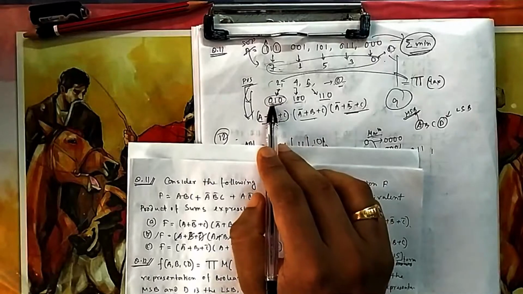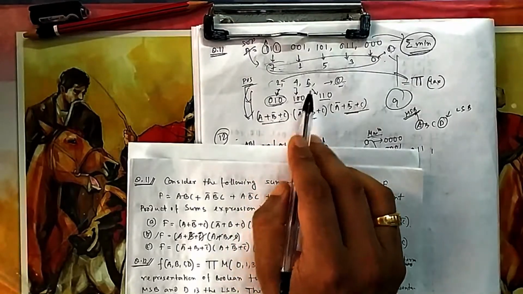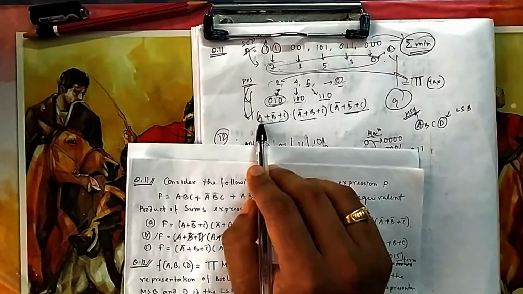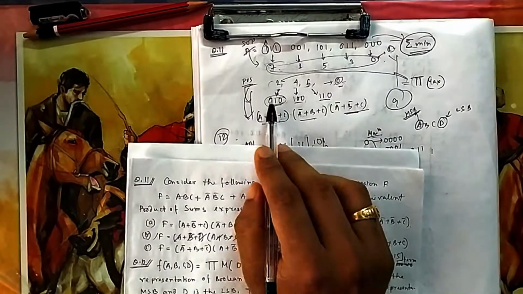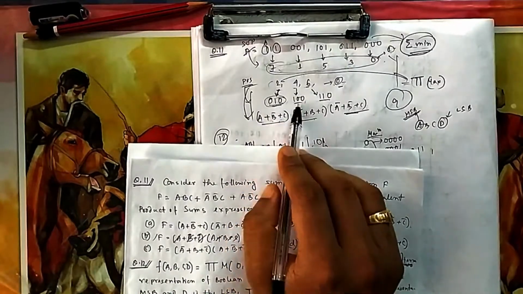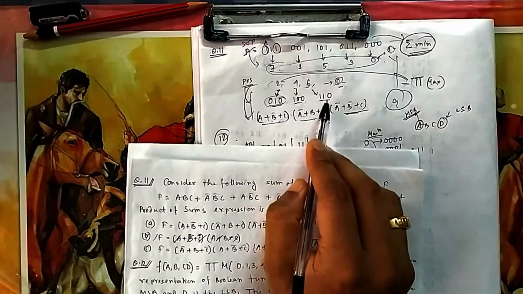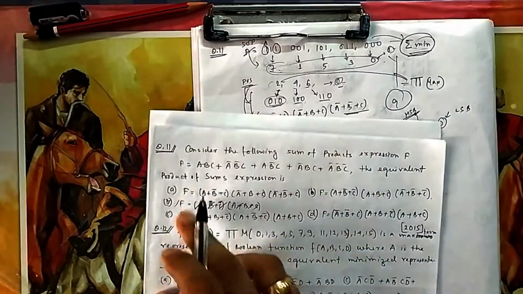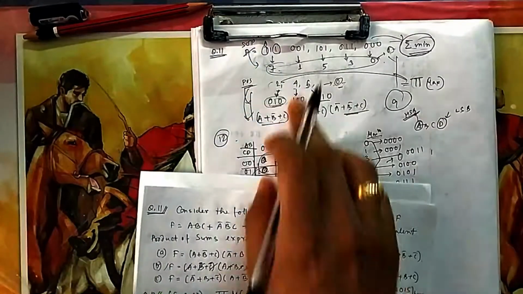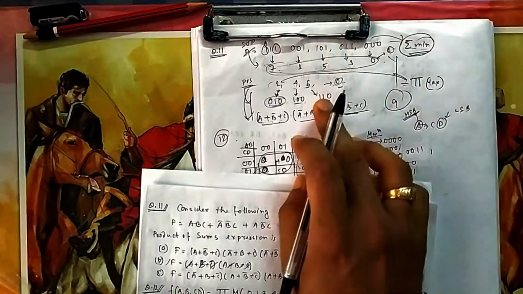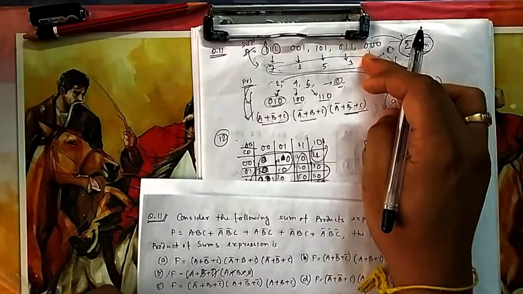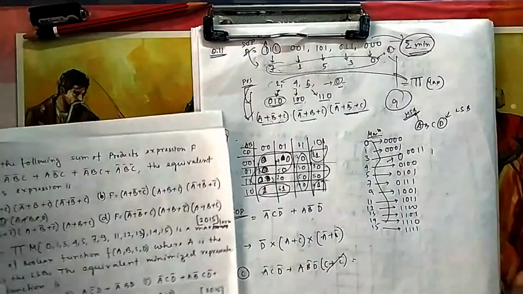So how do we write them in binary? 2 is 0 1 0, 4 is 1 0 0, 6 is 1 1 0. These will be written as A, B bar, then C, because it is in POS. So 0 is your normal and 1 is bar. So it is A bar B C, and it is A bar B bar C. That is your option A. So this is the way to convert from SOP to POS. You write all the states and then you go for the missing states, which states you are missing. Either way, if this is given, then you go to this. If this is given, then you come to this.